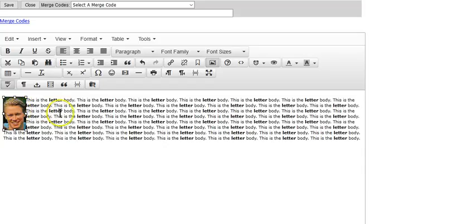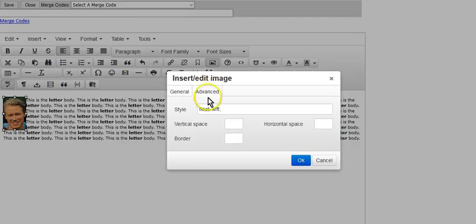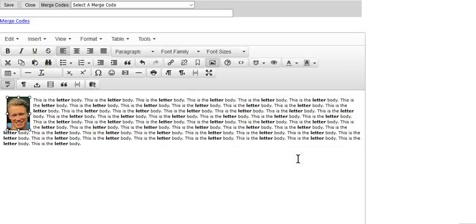Again, I'll click on the photo and the Insert Photo button, and we'll go to Advanced. I'll go to the horizontal space field, and I'm going to type a 10 there, which stands for 10 pixels. This simply means that we're going to put a margin on the left and the right side of the photo, and it's going to be 10 pixels wide. You can come back later and adjust that if you want to. And we could also, of course, enter a vertical margin here. I'll click OK. And so now we see we have a little bit of space on the right side of the photo, and actually on both sides of the photo, but on the right side of the photo between the photo and the